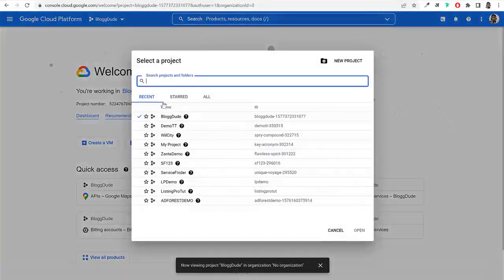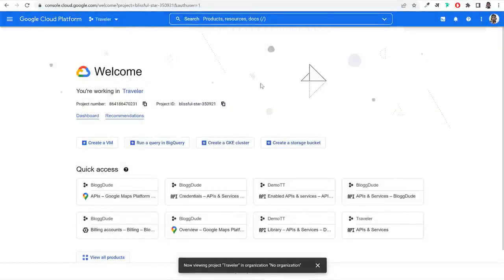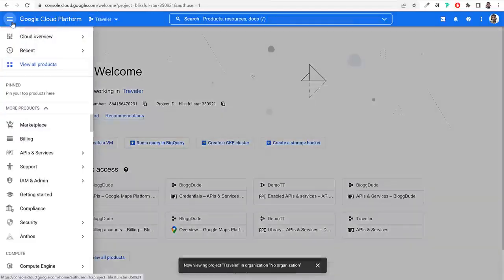If you want, you can click on over here, and here it is. Click on Traveler. Okay, now you can see this thing. Now once you create your project, now we have to enable some APIs for this. So we want to display map API, so we can click on this hamburger icon, this 3 lines icon, and